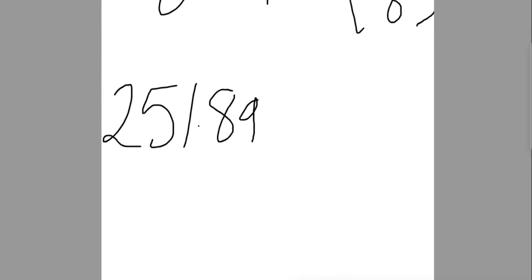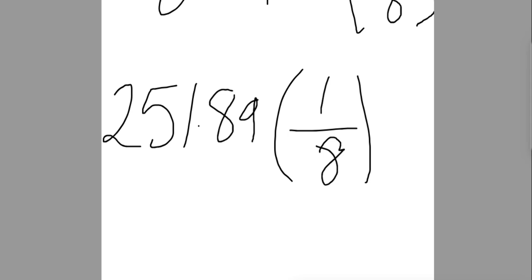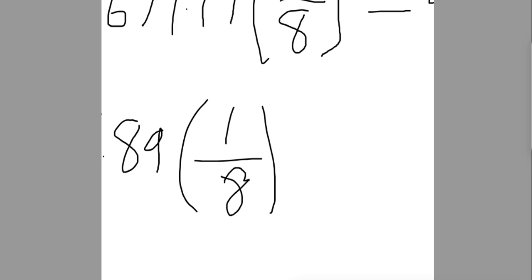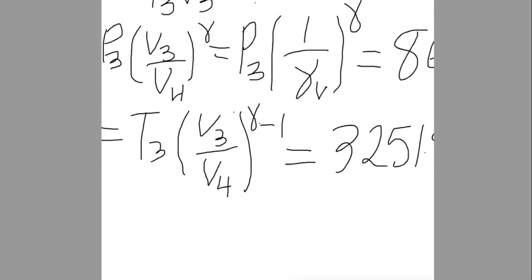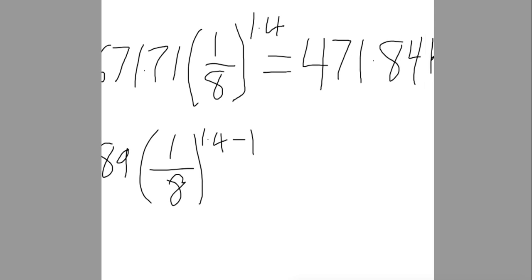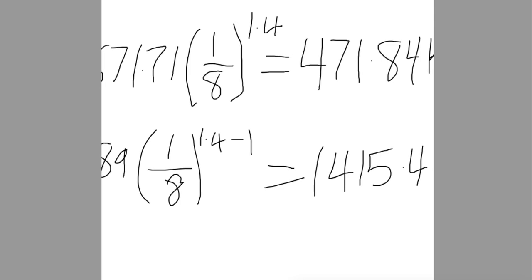Then we open our brackets. We have 1 over the compression ratio, then close our bracket, raised to power 1.4 minus 1. So that is what we are going to be solving from here. And if you put it into your calculator, you are going to get 1415.47